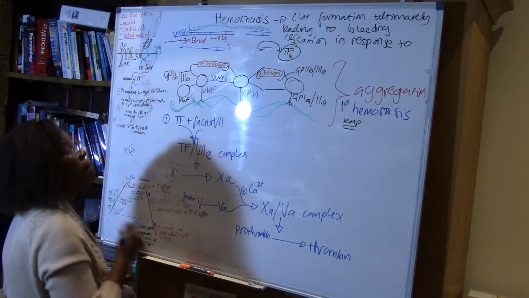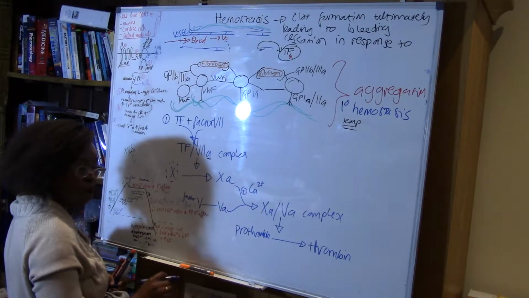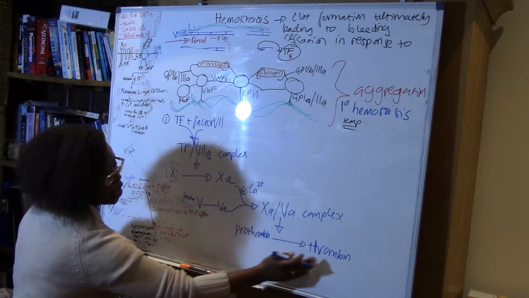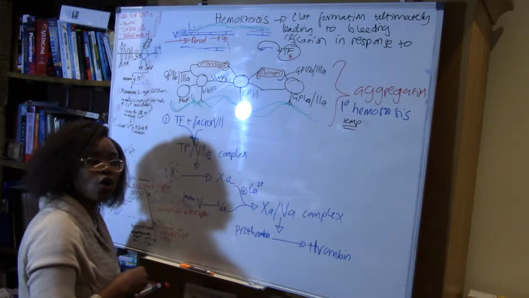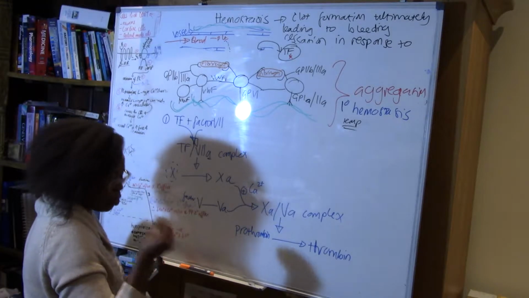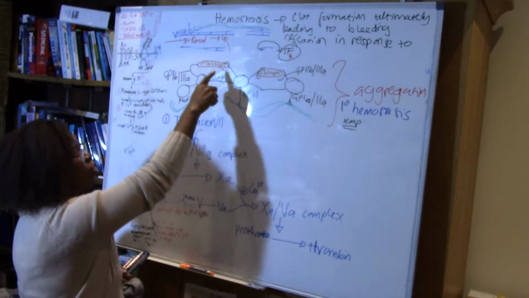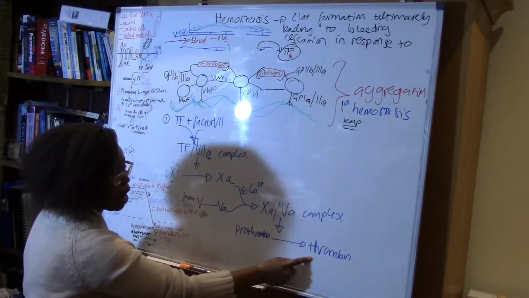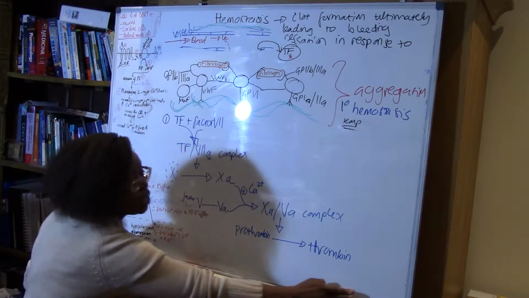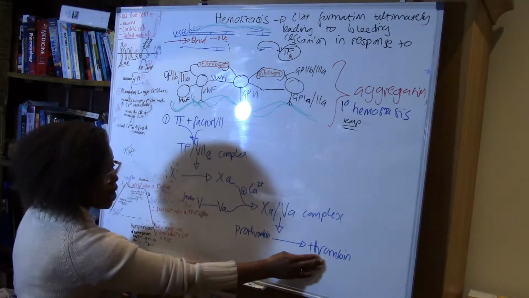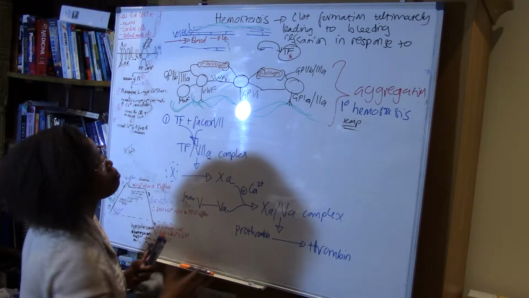So if we remember, clotting really is the conversion of fibrinogen into fibrin by thrombin. So really we're already leaning towards it: we now have our thrombin, an active thrombin. And thrombin,